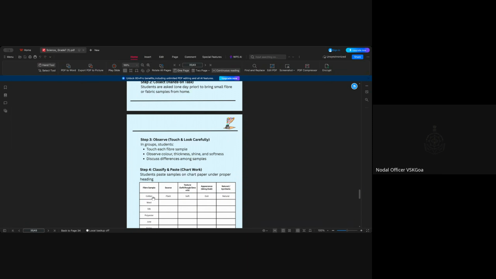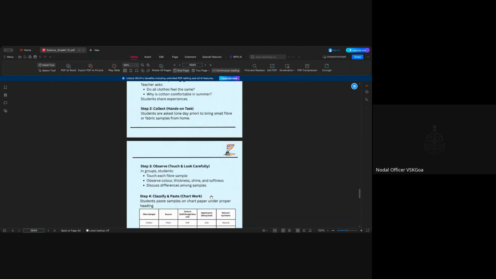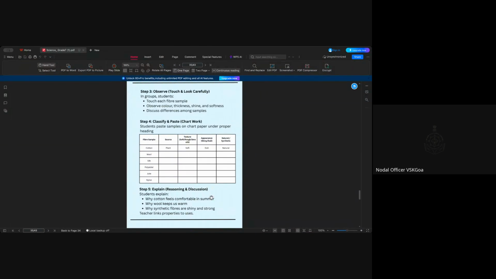And let them try to figure out what the fiber sample is all about, whether it is cotton, wool, silk, polyester, or polycot or whatever it is. Let them try to identify the source of it. Let them try to feel the texture, whether it is soft, rough, smooth, what the appearance is, whether it is shiny or dull, and let them classify whether it is natural or synthetic in their own way. And finally, you can ask,